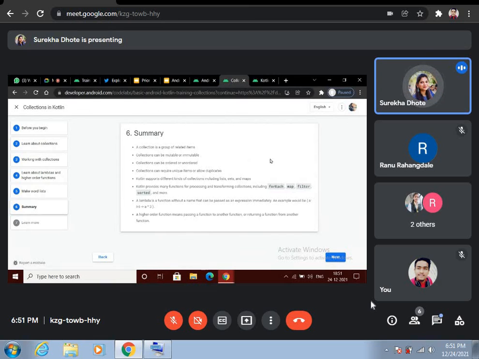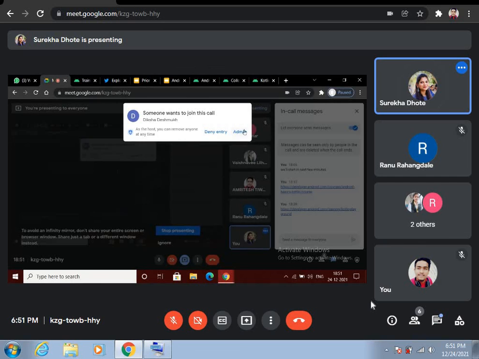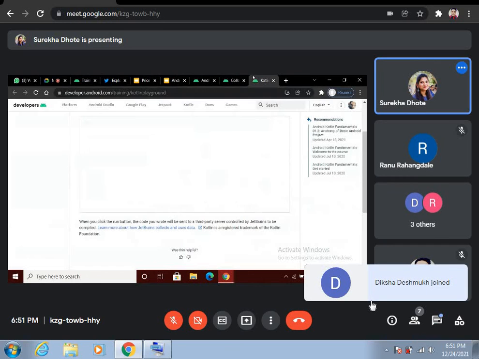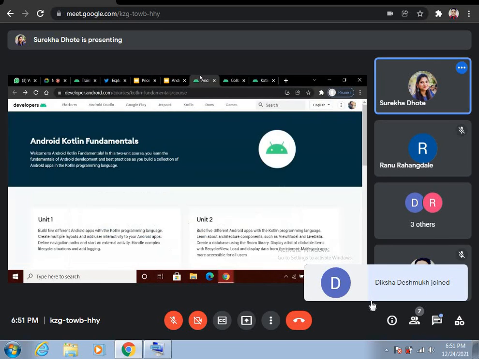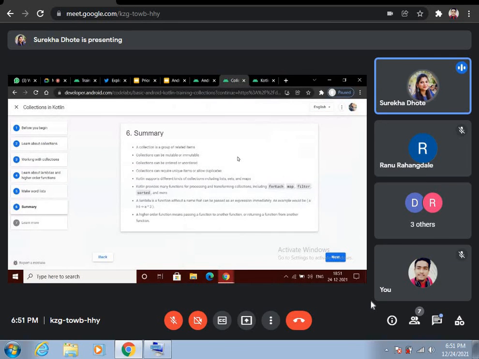Kotlin provides many functions for processing and transforming collections, some of which we discussed, like forEach, map function, filter, sorted, and some more.